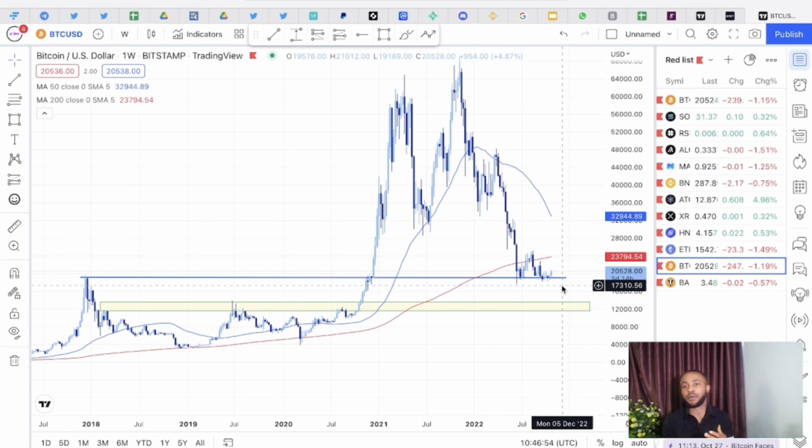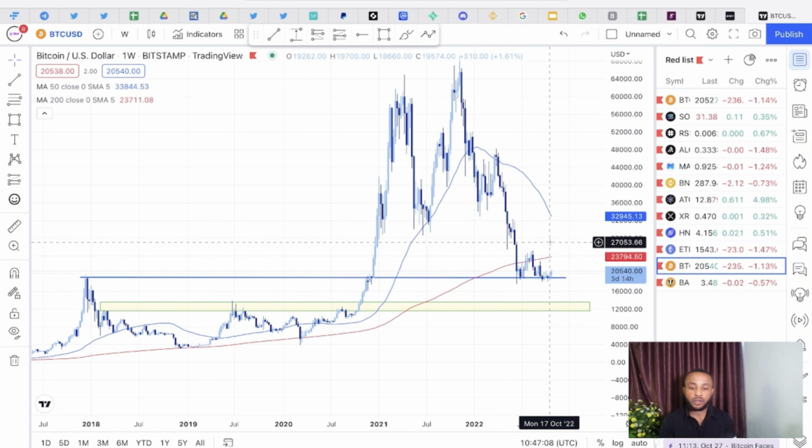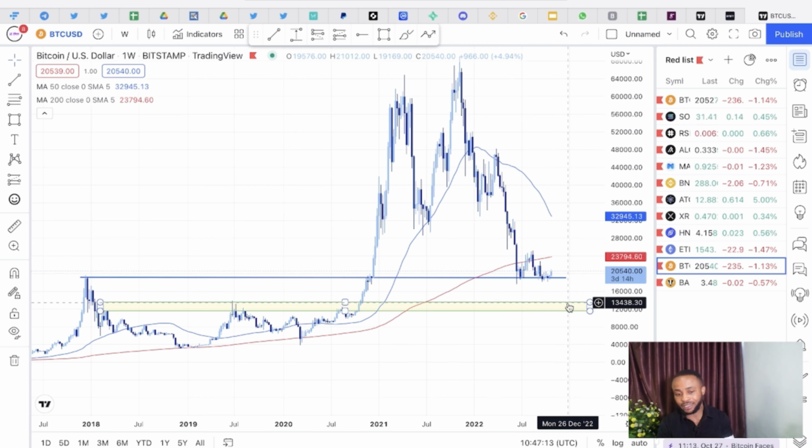I have most of my assets in stable coins. We all know the stable coins: coins that don't fluctuate and are not volatile, like USDT, USDC, and the DAI stable coins. So what I'm looking forward to now is, if price doesn't break below, I'll be looking for a reclaim